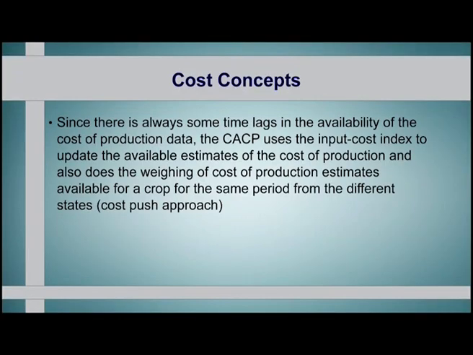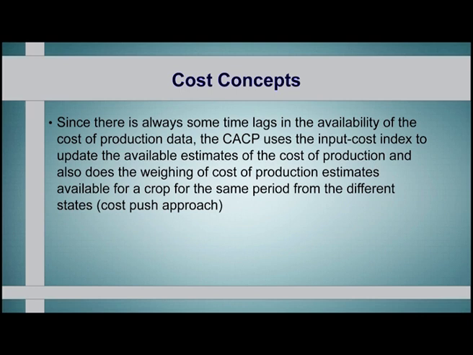Thus, the minimum support price is fixed on the basis of C2, which will include 10% for the cost of management of the inputs also. Now, since there is always some time lag in availability of the cost of production data, the CACP uses the input cost index to update the available estimate of the cost of production and also does the weighting of cost of production estimates available for the crop at the same time from the different states, that is a cost push